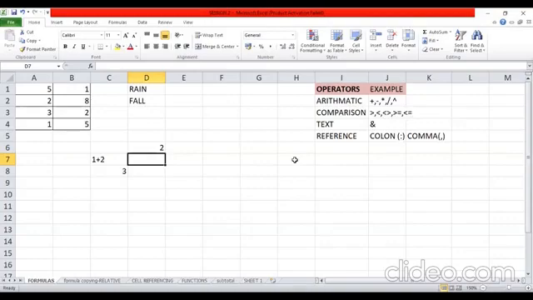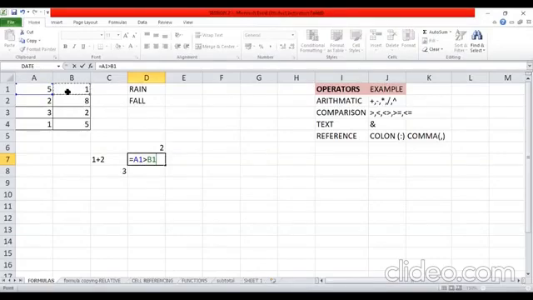Comparison operators are used whenever I have some logical comparison to do. So suppose I want to compare the values in cell A1 and B1. I will write the expression equal to A1, again just clicking on A1, and I will use the comparison operator greater than B1. Now, Excel will evaluate this formula to see whether the expression that I have written is correct or not.